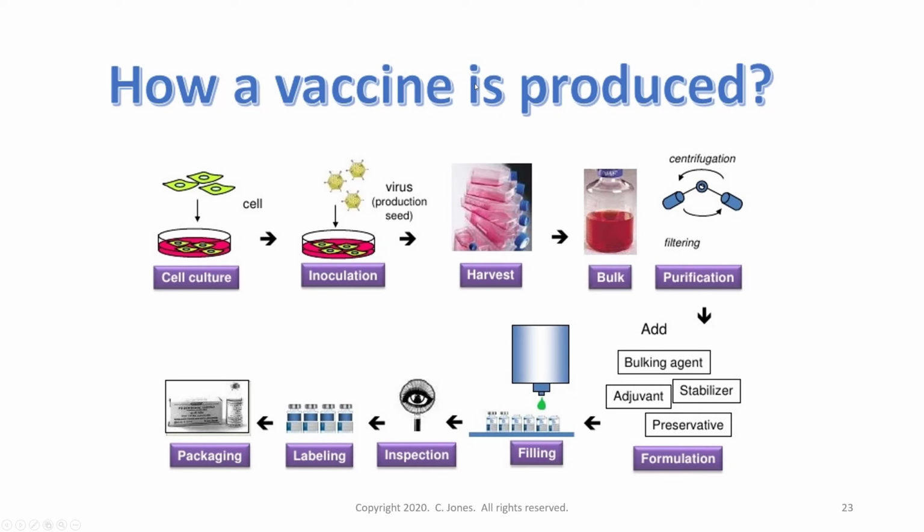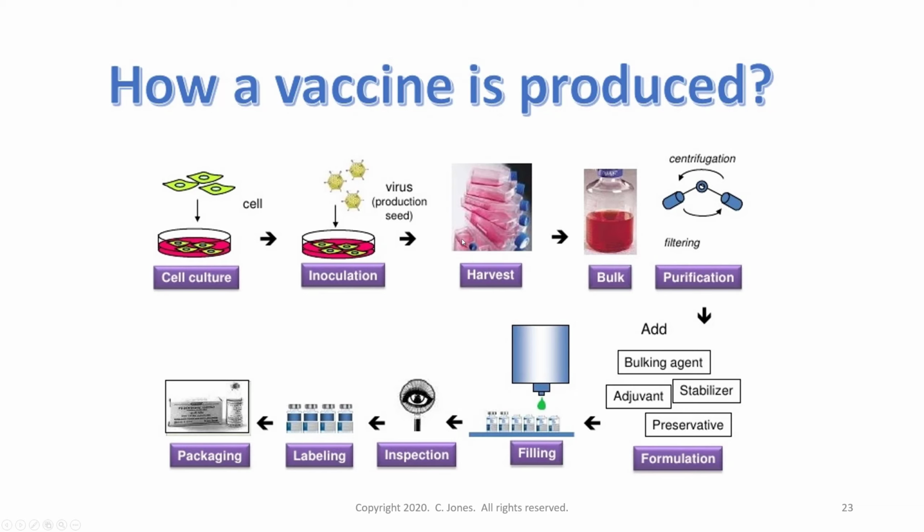How do we produce a vaccine? This is really one of the things that we teach in the biotechnology program here at Montgomery College. We start with cell culture because the viruses need to infect cells, so we don't actually do viruses in cells yet, but we do cell culture. The virus infects the cells because, remember, viruses can only replicate when they are in a live cell.